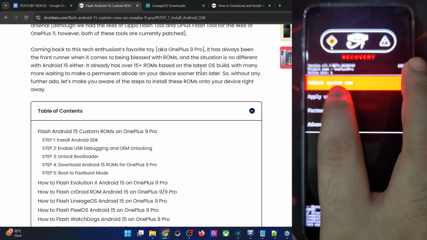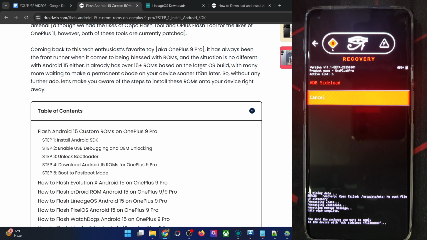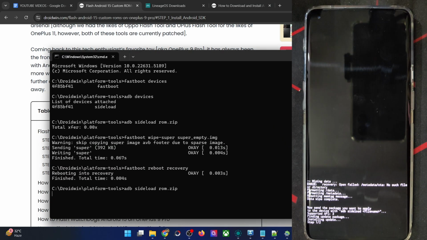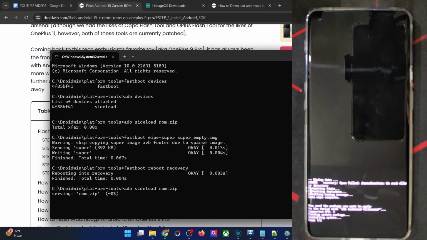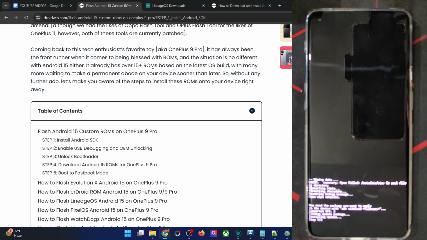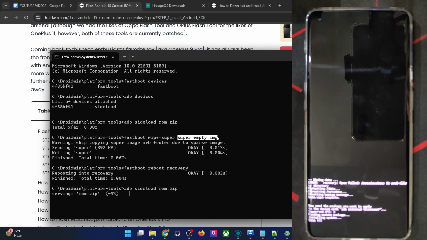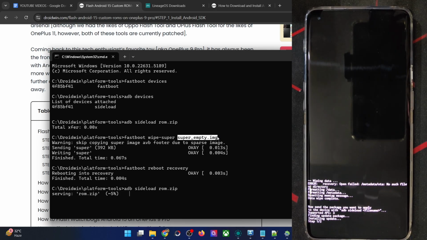So it's now done. So again, go to apply update, apply from ADB, and now let me try the adb sideload once again. Let's see what happens this time around. So as you could see, the flashing has now started. Whenever you face the issue of error applying update 7 and error code 7, then please do the wipe of the super partition using the super empty img file. You could use the file from any AOSP ROM. For example, I am using the file from the Lineage OS ROM, but you can use the file from any AOSP ROM. It just should be for your phone. With that said, the flashing will take up to around 4 to 5 minutes. So let's wait for that to happen.